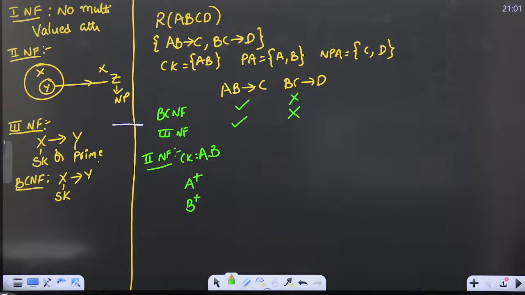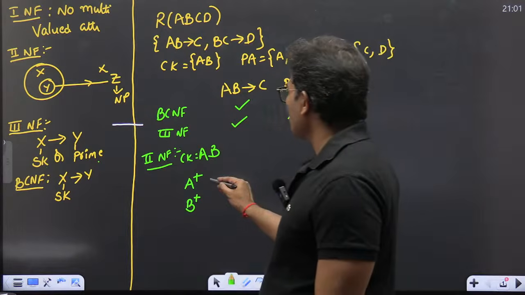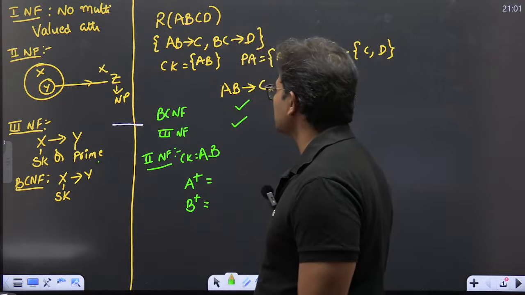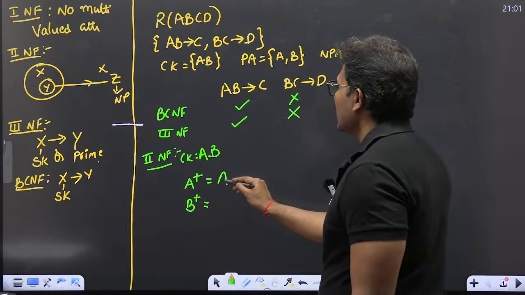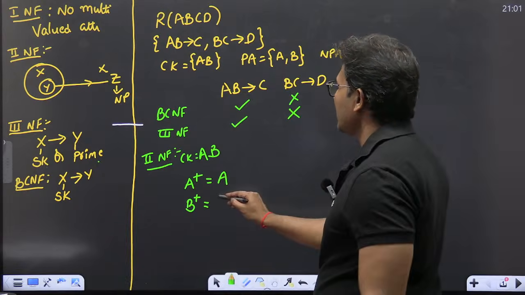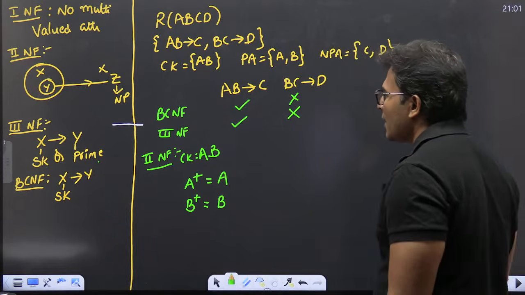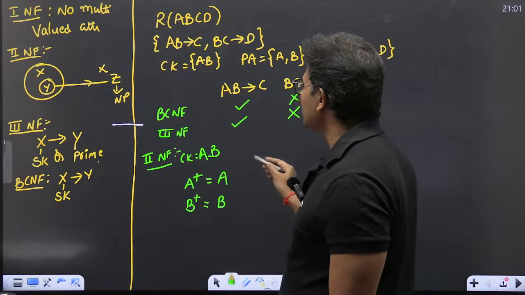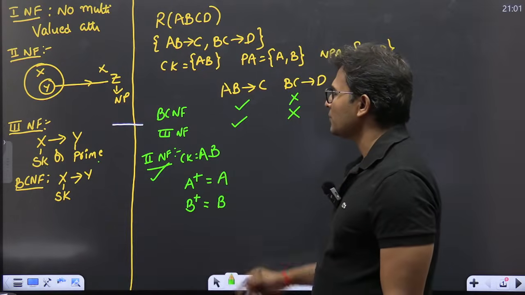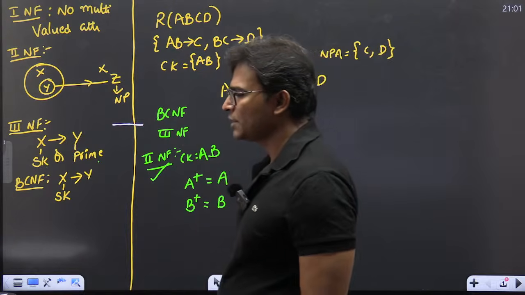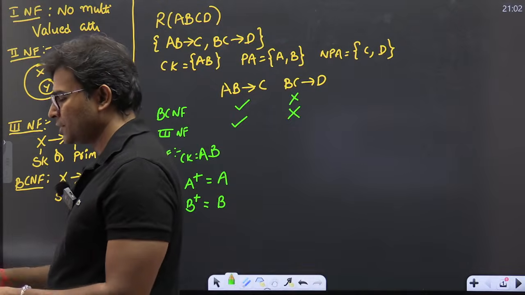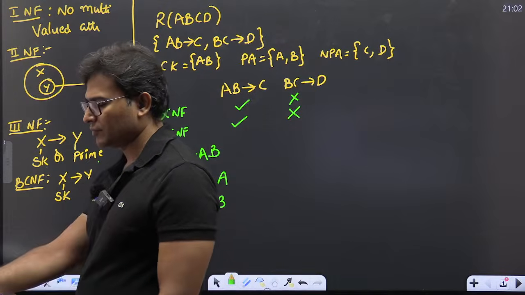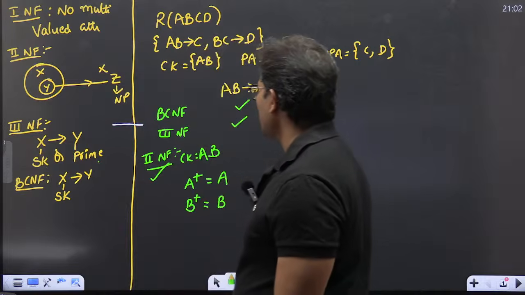So, what about second normal form? What is A plus? What is B plus? You can see that A plus is nothing but A and B plus is nothing but B, right? Therefore, there are no partial dependencies. So, the table is in second normal form. The highest normal form that the table is in is second normal form, right? Why? Because